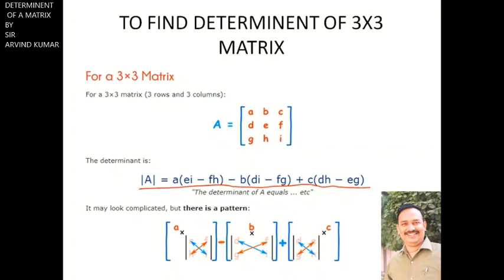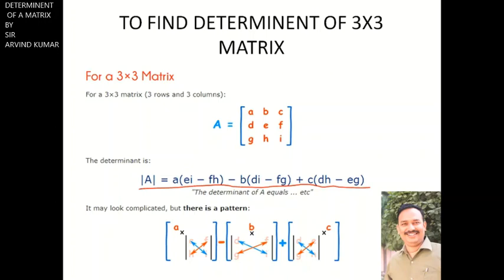A into, we take, means a is the element a11. So a11 means we have to delete the first row and first column. What is left? A 2 by 2 determinant which contains e h f i, and just take the value of that determinant. Minus b. Here we have to take minus because the position is 1 2, first row and second column. Wherever we have an odd position we simply take minus as a multiple of the cofactor. So b into, just hide the first row and second column. What is left?